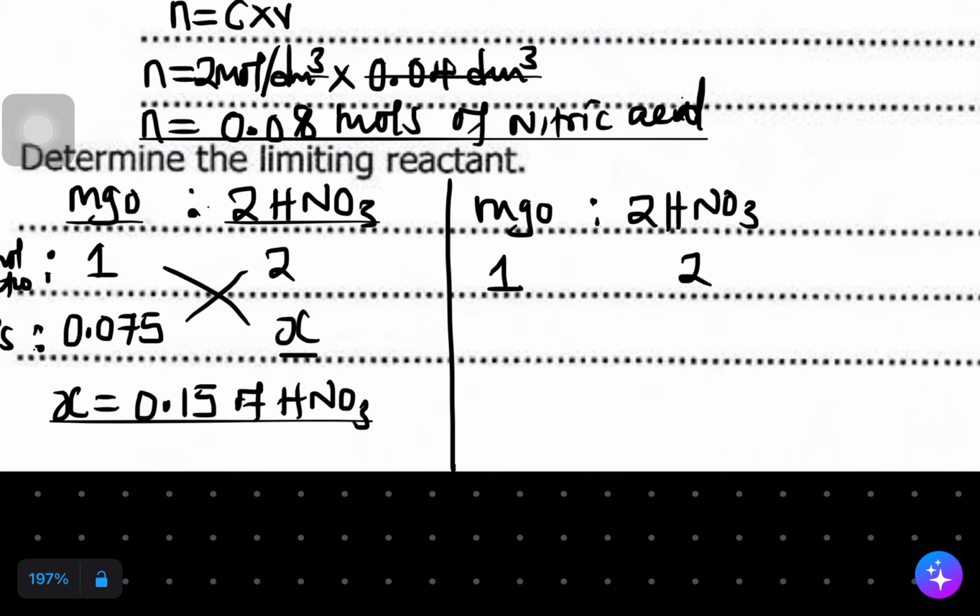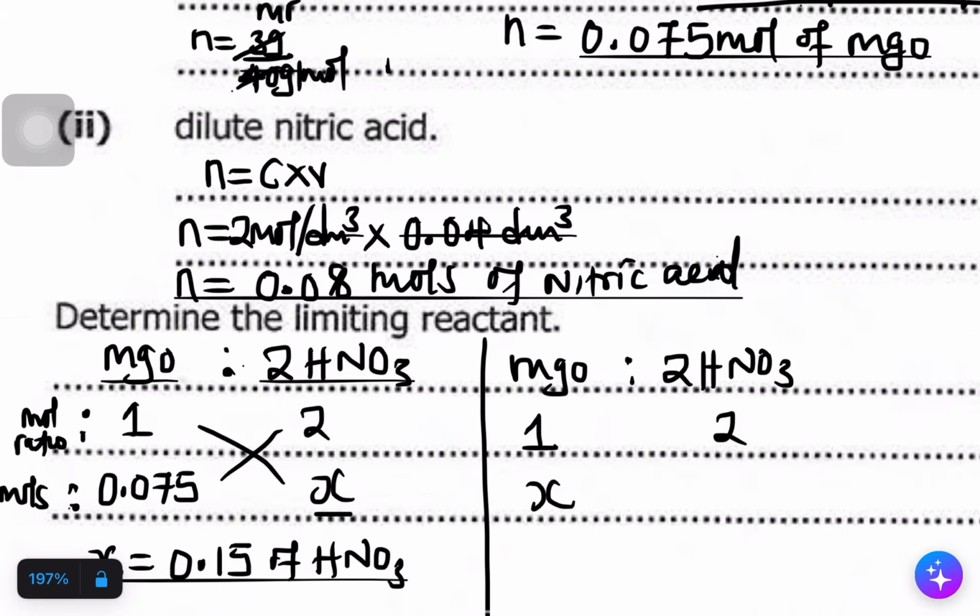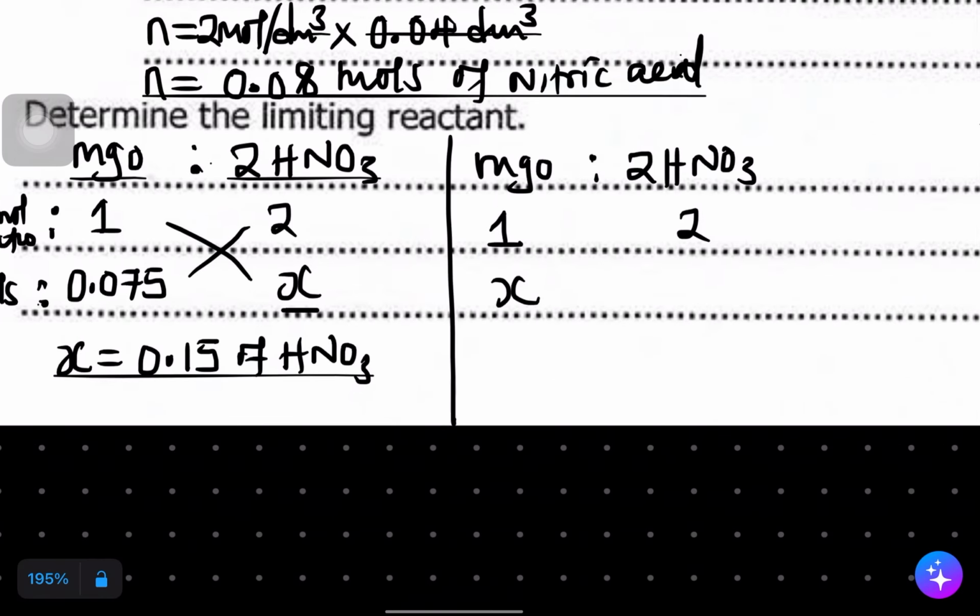Now we are on the side of magnesium oxide. So on the moles we put X on magnesium. Now we are on magnesium. Okay, so you put X on there, and then we look at nitric acid. What were the moles which we calculated for nitric acid? Let's try to see. The moles for nitric acid we found 0.08. So we put our moles here, 0.08. Okay, and then from there we cross multiply. So when we say 1 times 0.08, we get 0.08, and then 2 times x, we get 2x. Then which will be equal to